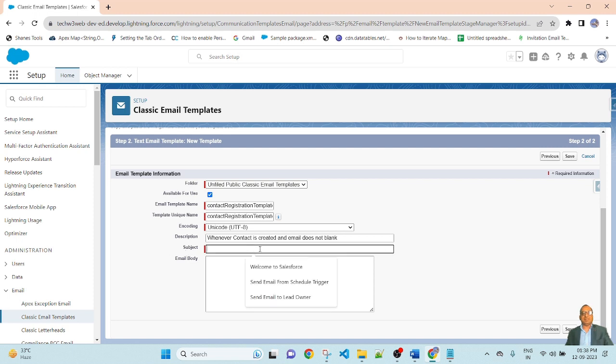Write the subject: Welcome to new registration. And write the email body. So first write Hi, then write the description of the email template.